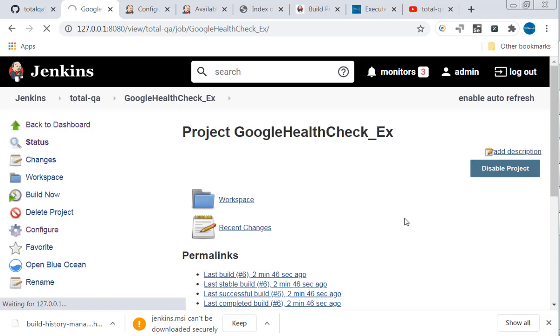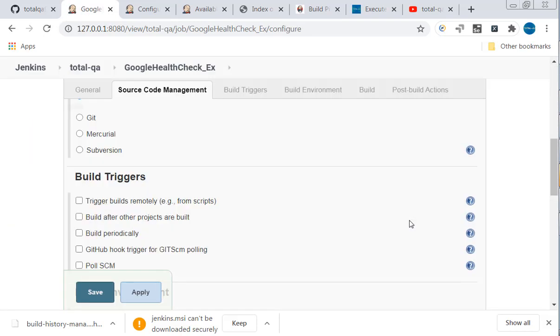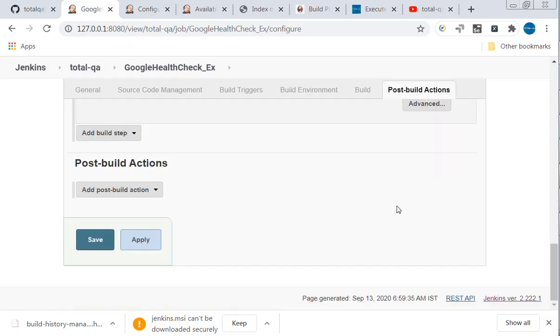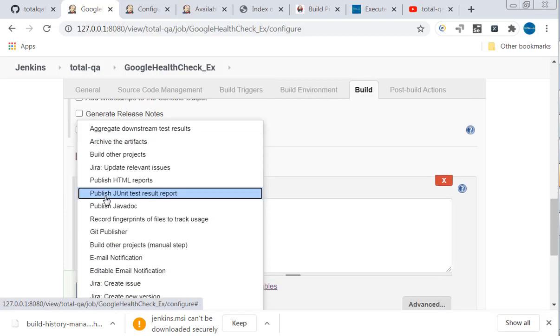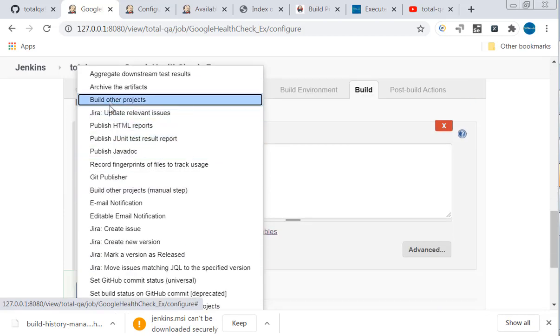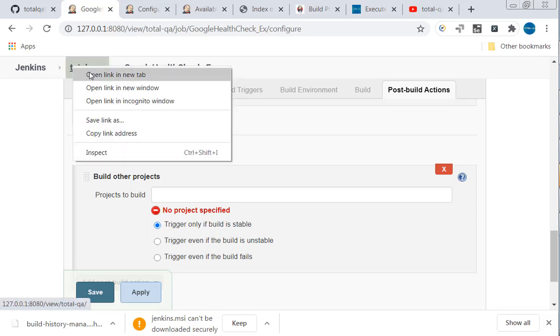Try to click on configure. If you scroll down, you will see post build action, then build other projects. Here we have to give the name of the job which we wanted to execute.